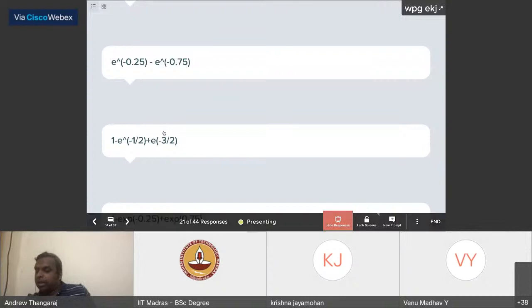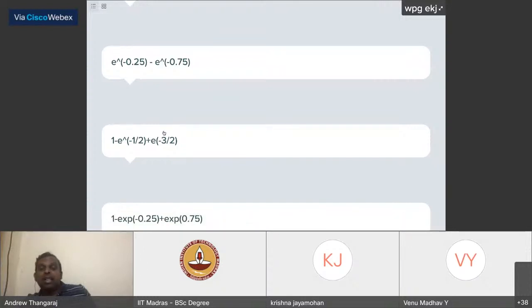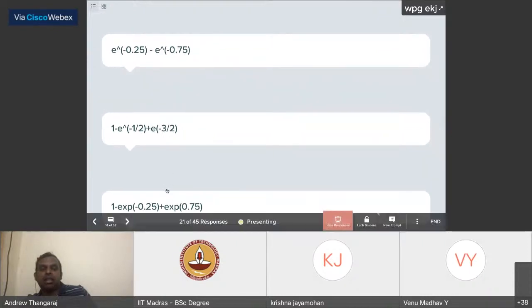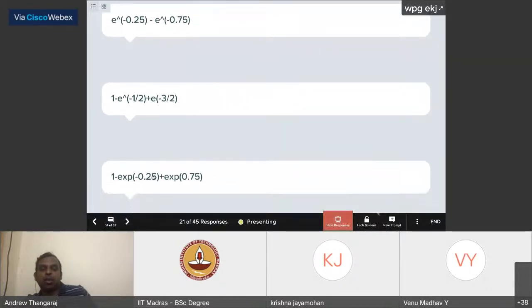Remember the CDF is 1 minus e power minus lambda x. You should keep that in mind. So the mistake here is that for 1 by 4, you have not multiplied by 2. It's 1 minus e power minus lambda x, and lambda is 2. Don't forget the lambda being 2. I think that's the small mistake here.